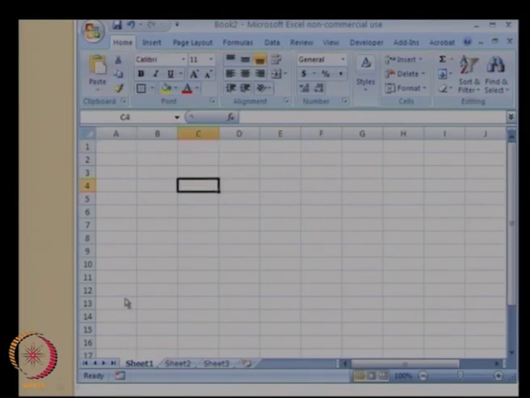The next thing that I want to point out to you is that the worksheet contains nothing but a range of rows and columns. The columns are named A, B, C, D, E, F and so on, and the rows are numbered 1, 2, 3, 4, 5, 6 and so on. This particular cell over here is the current cell. This current cell is represented as column C, row 4. The location or the name of the cell is located over here. So this tells you the current active cell.